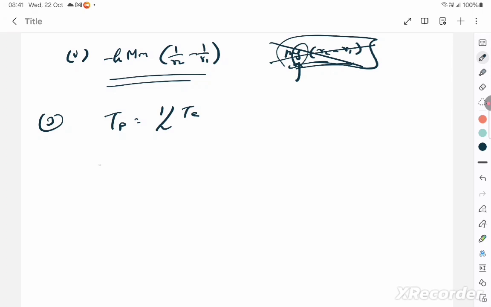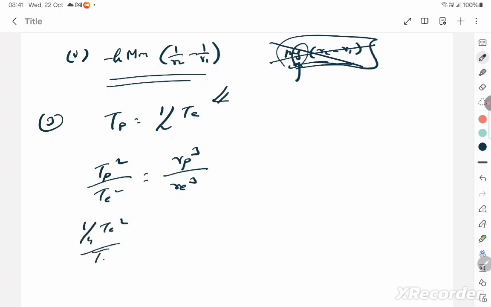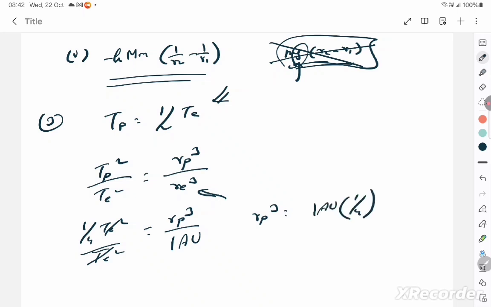For orbital size, Kepler's law is what you're going to use. Tp square by Te square is equal to Rp cube by Re cube. And Tp itself is 1 by 4 of Te square, so 1 by 4 is equal to Rp cube by Re cube. The radius of the earth Re is nothing but 1 astronomical unit around the sun. So you can just cross multiply and get Rp cube is equal to 1 astronomical unit into 1 by 4. And taking that side, it will become whole to the power